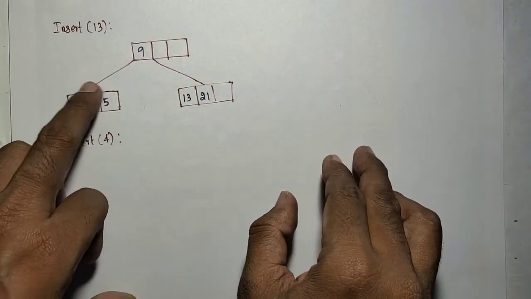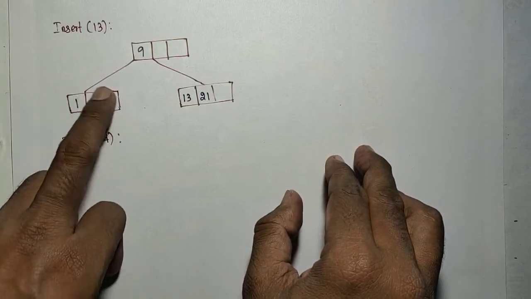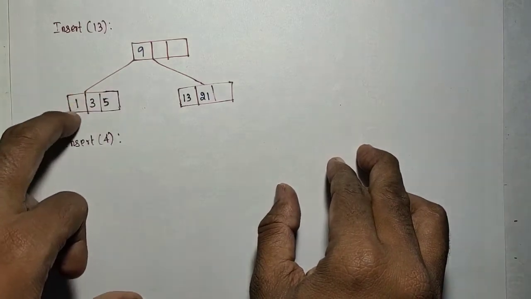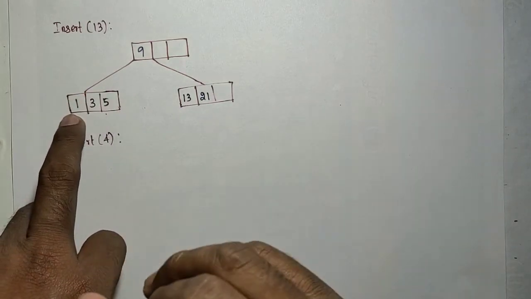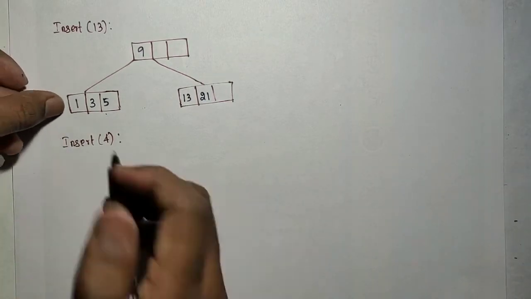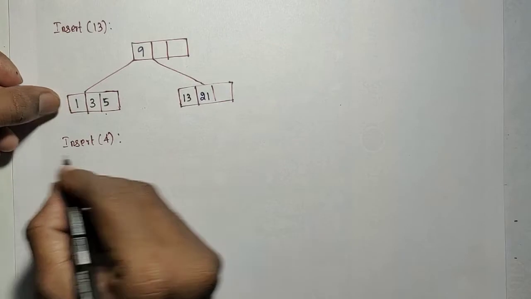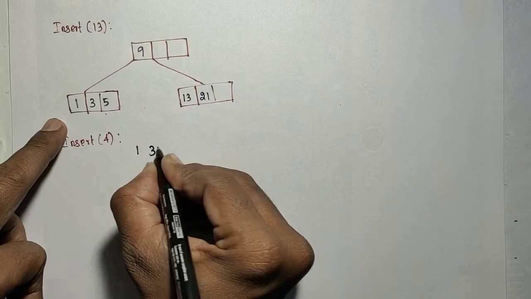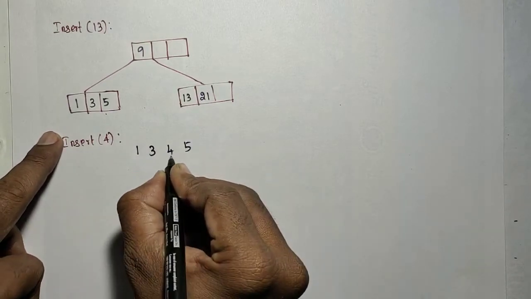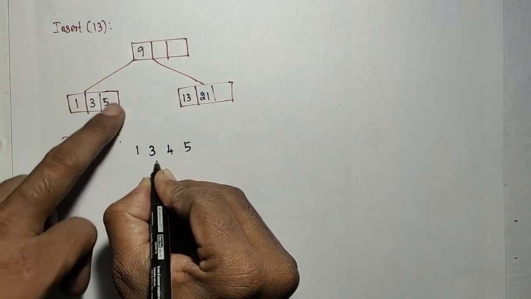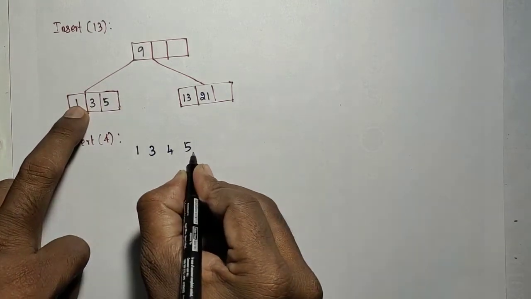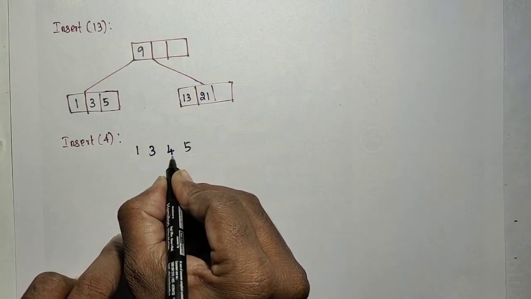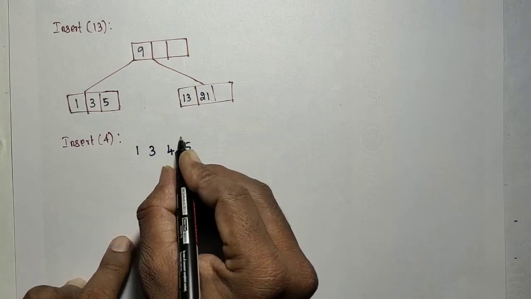Now here all three data fields are filled. There is no space available for the new element 4. So I need to go for the concept of split and increase. Split and increase means I need to write these elements in ascending order, that is 1, 3, 4 and 5, as they should be inserted in this leaf. The split is based on the middle element, and here I am going to choose the 4. 3 or 4, the fourth one is the middle element as per our algorithm.